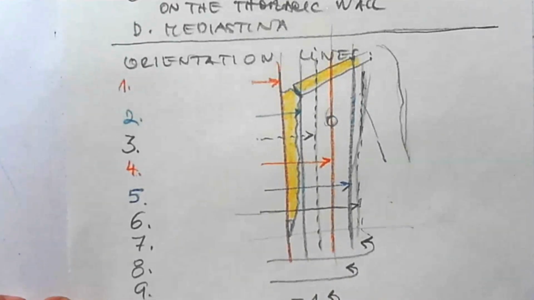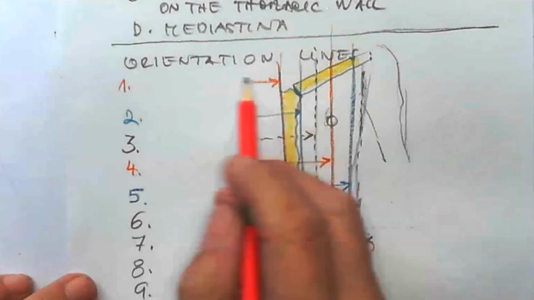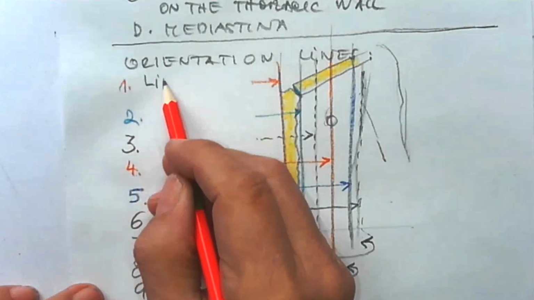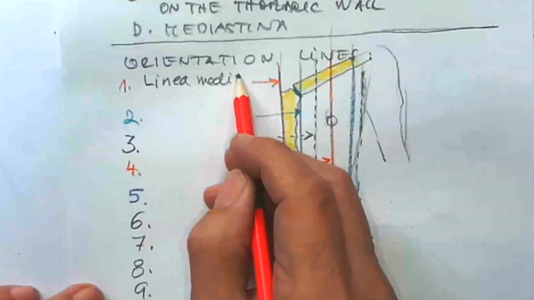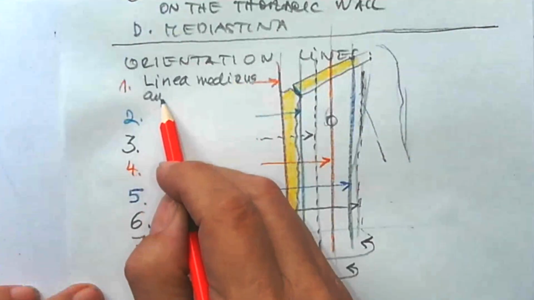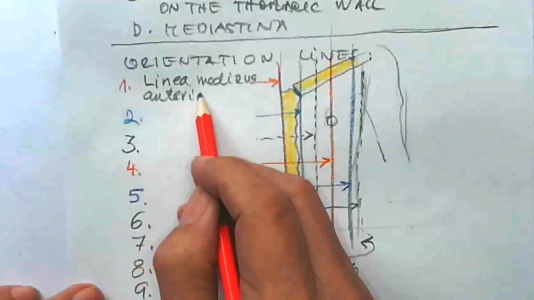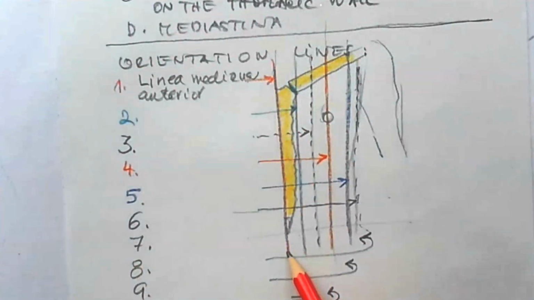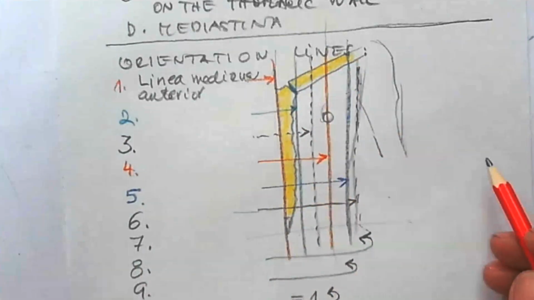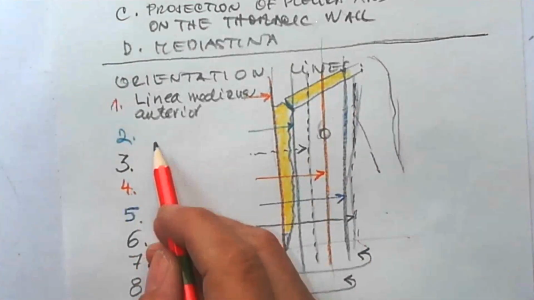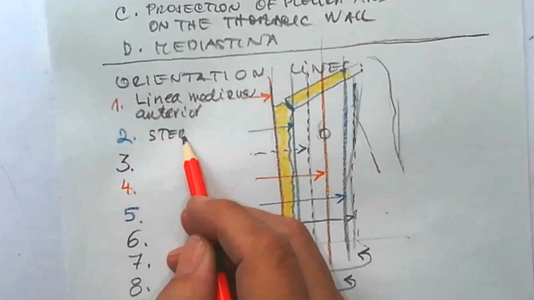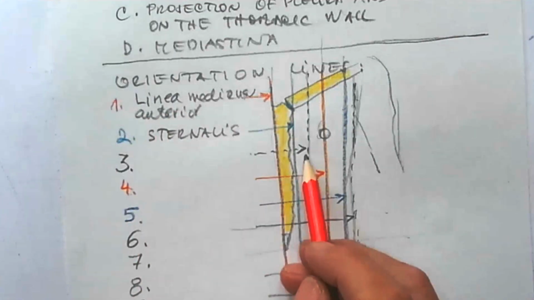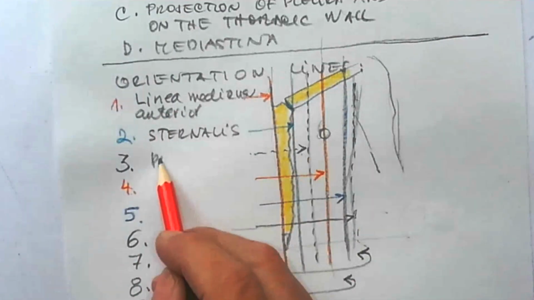Good. So the names. Number 1, as you see, is called median. We could use both words, linea mediana or linea mediana anterior. Why not? Median anterior line passing through the midpoint of the median plane. Good. Number 2 is the sternal or sternalis. Linea sternalis. That word linea will not be repeated. Sternalis. Number 3 is the parasternalis because it lies